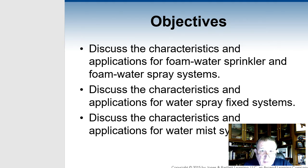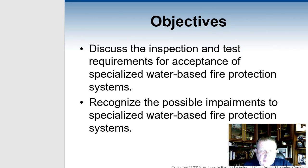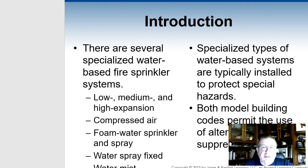Well, this week we're going to be talking about water mist systems. And I think what's really interesting about all this is the fact that we're seeing more and more of these specialized water-based fire protection systems come into play. You're not only seeing them in small office settings or in restaurants, but you're seeing them in the commercial settings as well because of the fact that they're high pressure, and at the same time, these specialized water-based systems also